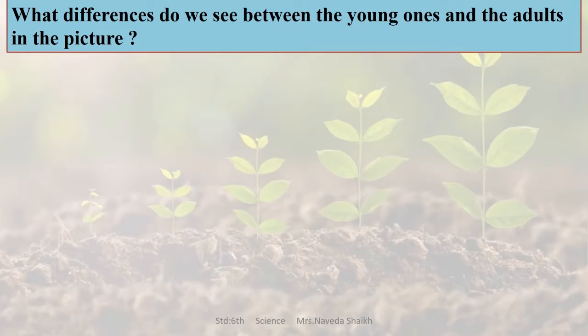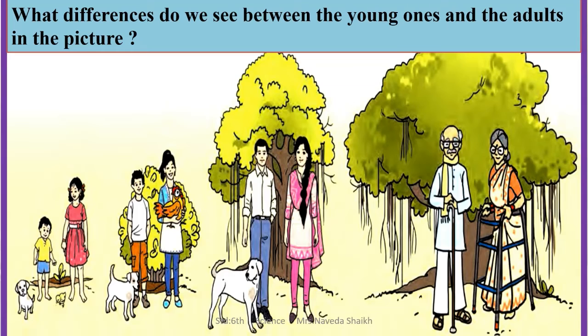We will understand with the help of an activity. You have to see here in this image and you have to see the difference between each of them. In the first picture you see that there is a young boy child and a young girl. They have a puppy, they have a small hen chick with them, and there is a small plant also there that is called a sapling.